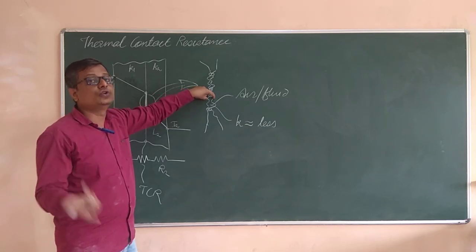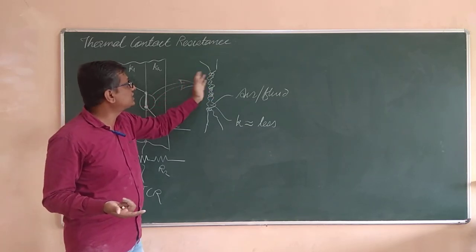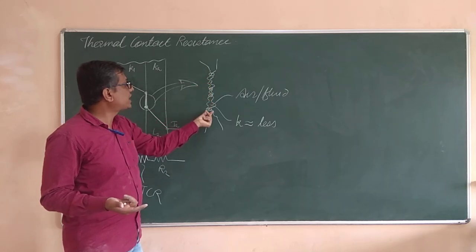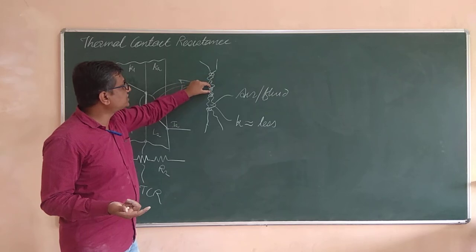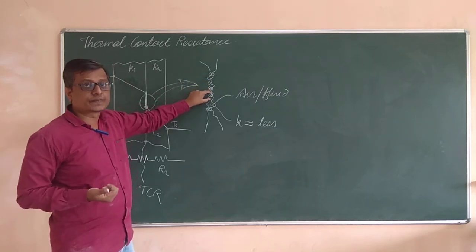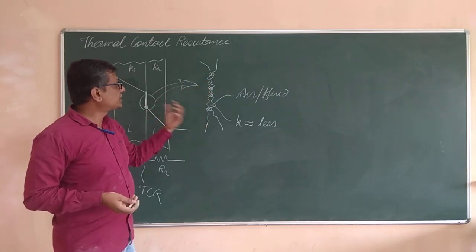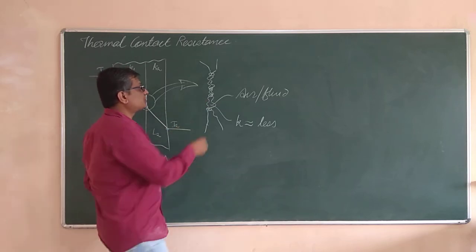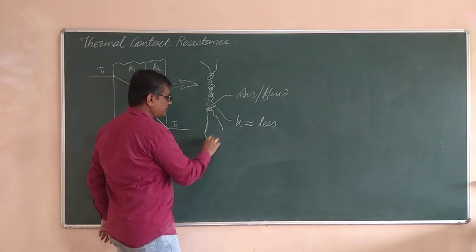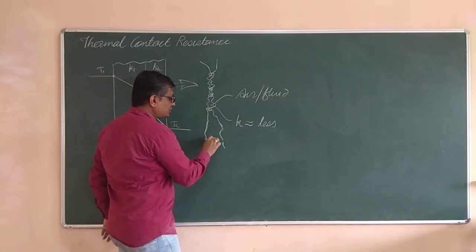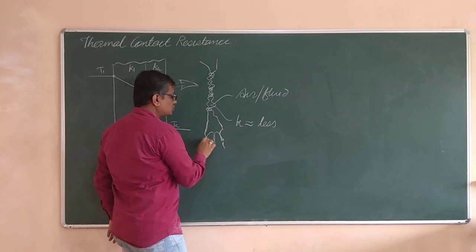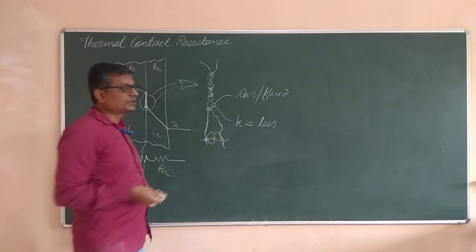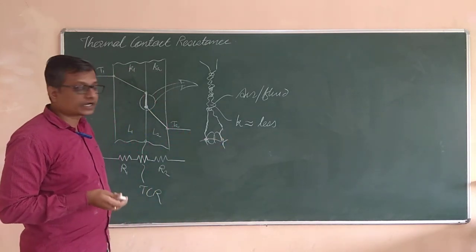Second, the gap is again not uniform. You cannot check at what place how much the gap is; that gap is also continuously fluctuating and varying. Also, the contact surfaces you cannot measure. And moreover, if the gap is larger, there will be heat transfer from this solid surface to this gas over here by convection, and again by convection from this gas to this solid surface. So it is very difficult to find out the thermal contact resistance.